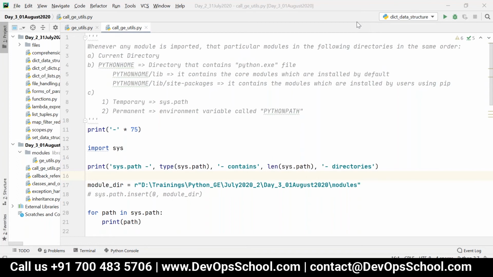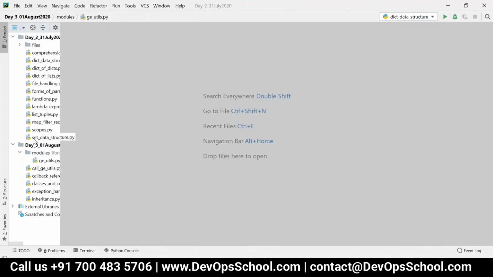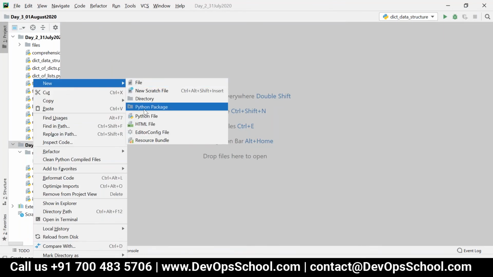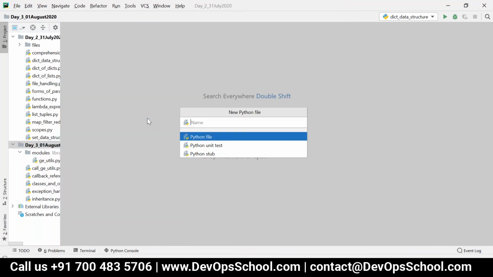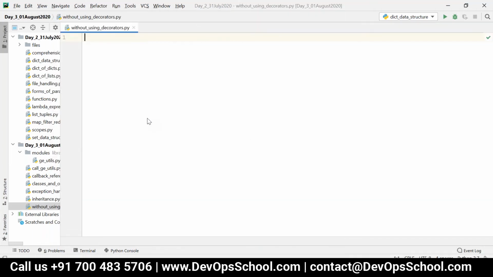Okay, right. So next, we are going to see decorators. First, let me write some code without using decorators. Consider I have two simple functions.